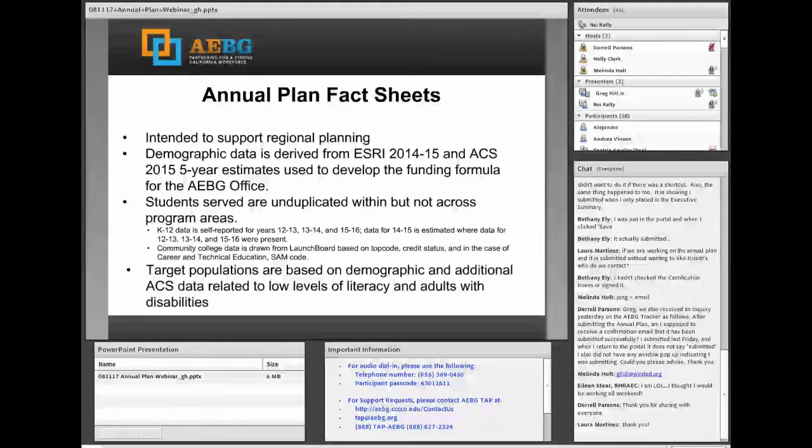So these are absolutely estimates, and if they don't look right to you, great. Dig into it further, and we'll be glad to help explain how we tried to define the population using MIS top codes and whatnot, as well as by combining what was self-reported across the last few years.